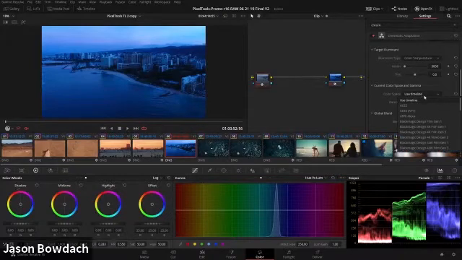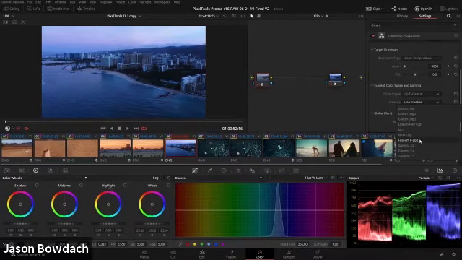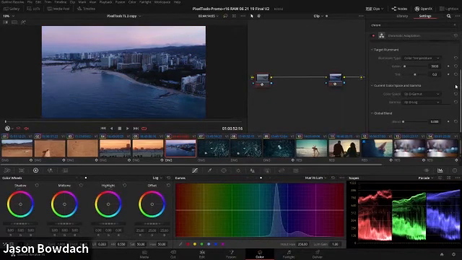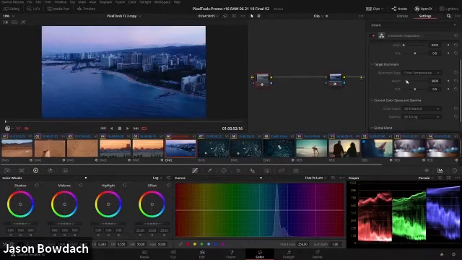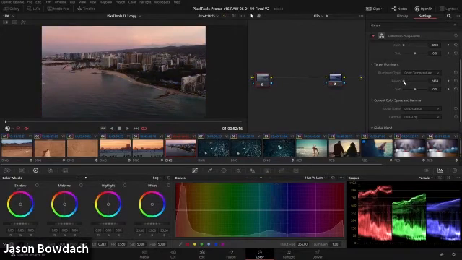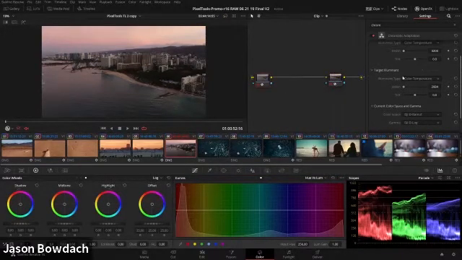Now, what I need to do is tell it what type of clip it is. So this is a D-Log. Excuse me, D-Gamut and D-Log. Now I can have really fine control over this, and it's going to be essentially the way light works. It's going to work much more naturally than if I were adding printer points or working the temperature and tint controls. And it works really well with DPs who say, I wanted this Kelvin and I shot it wrong. So all of a sudden, I can literally start by typing these color temperatures in.